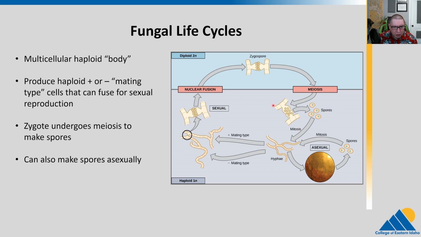If that's confusing, that's because that's like way different than how our life is, right? We are multicellular diploids. They are multicellular haploids, and very rarely do they become diploid, only for that sexual stage. So almost the complete opposite of how our life cycle is functioning.